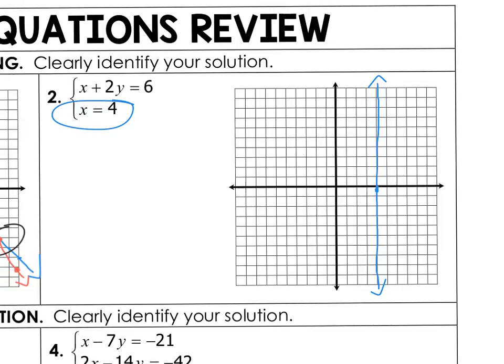And that would be x equals 4. Remember, x equals a number would be a vertical line. Y equals a number would be a horizontal line. Now for my top equation, which I'll do in red, we would need to change this to slope-intercept form first,